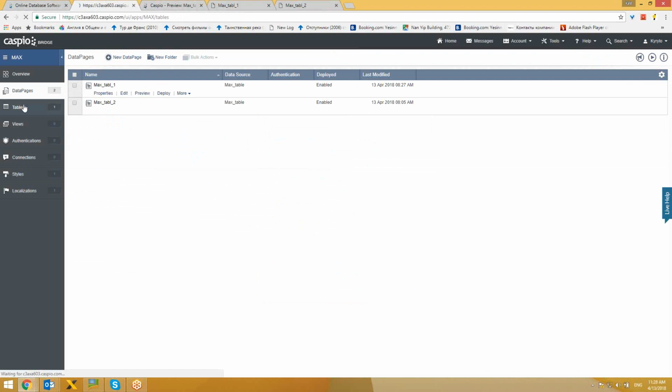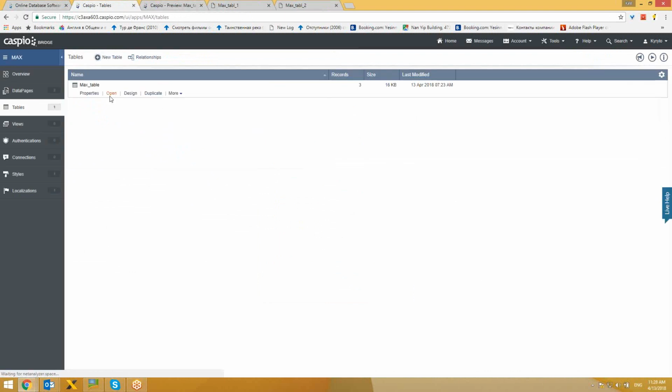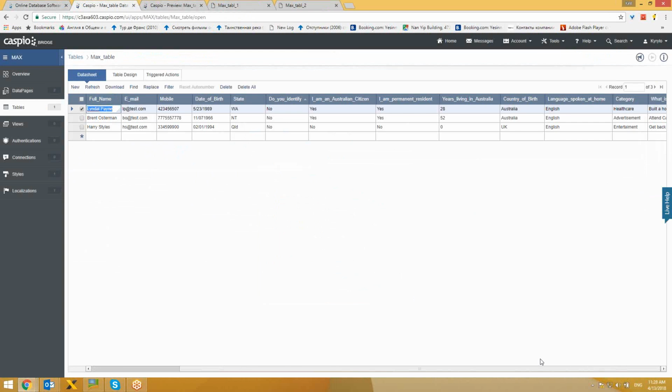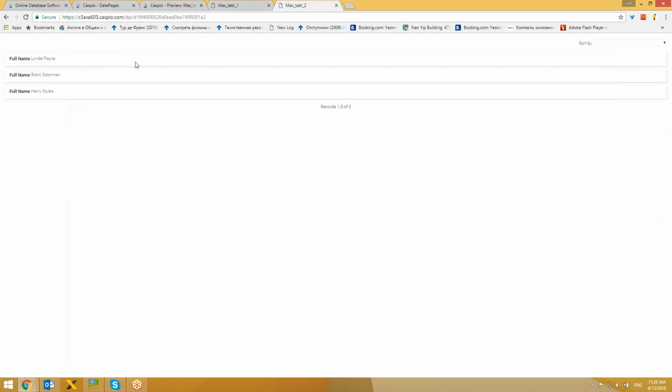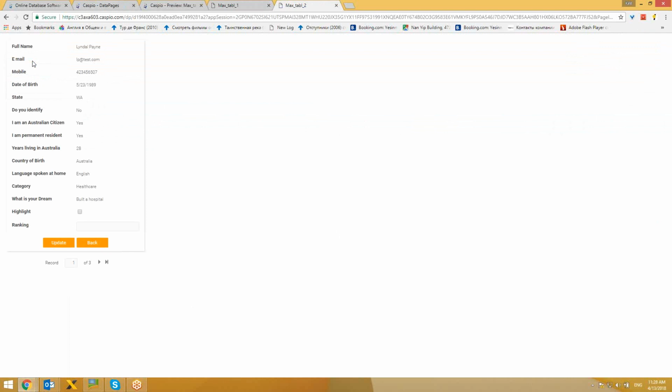I'm gonna go back to my table. I want just to clean some data so that the demonstration will be more interactive. These are records from our previous submissions. So this is the second type of the report. It displays records one by one, just names, and if I click details, I have an option to update records one by one,